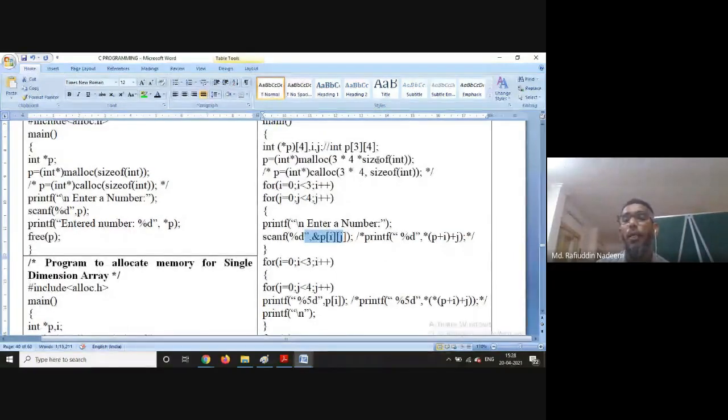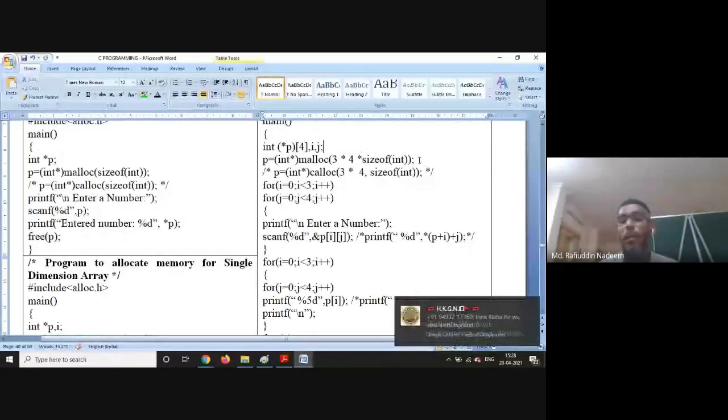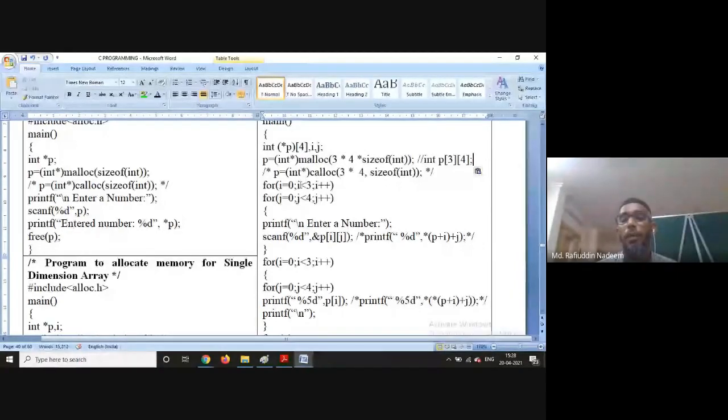So here I can write it here. It is better that I mention it here that it is 3, 4. Then the memory is allocated. After the allocation of the memory, you are going to read the values into the array, and once the values are read, then the values are displayed in a matrix format here.